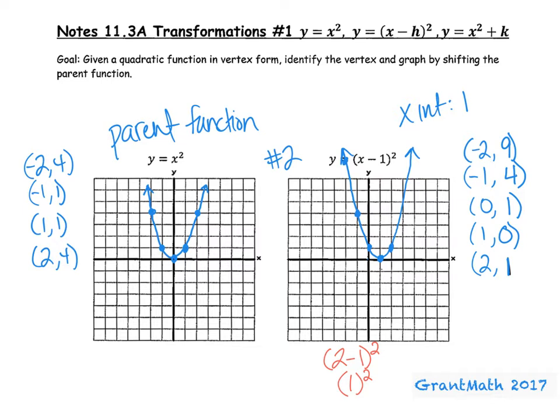Is the graph a skinny parabola or a fat parabola? They kind of look medium, the same, okay? What changed from my parent function to this parabola? How did I transform it? I moved 1 to the right. The only reason I knew to move 1 to the right